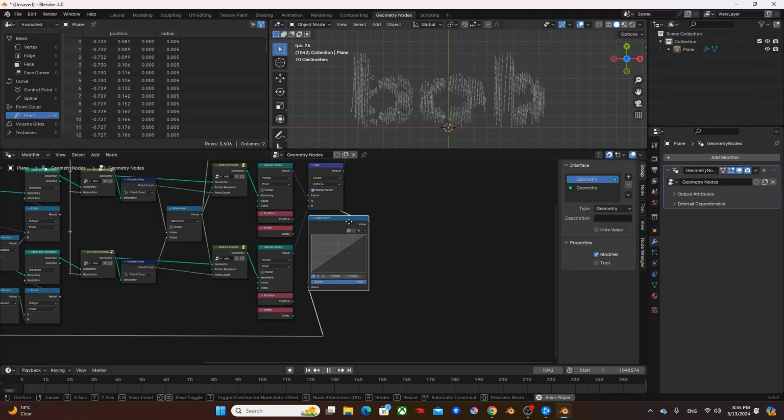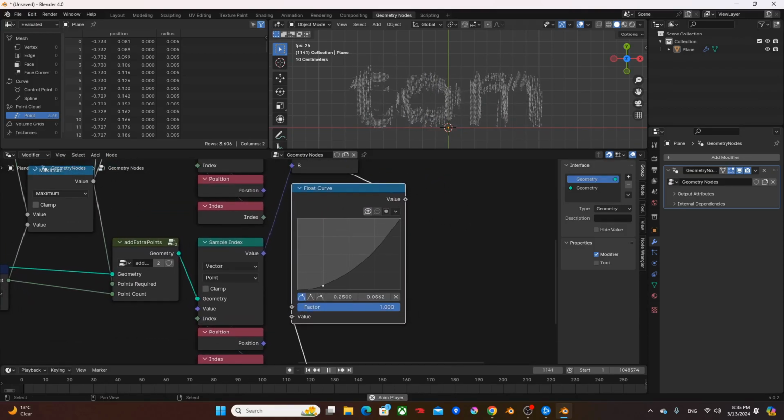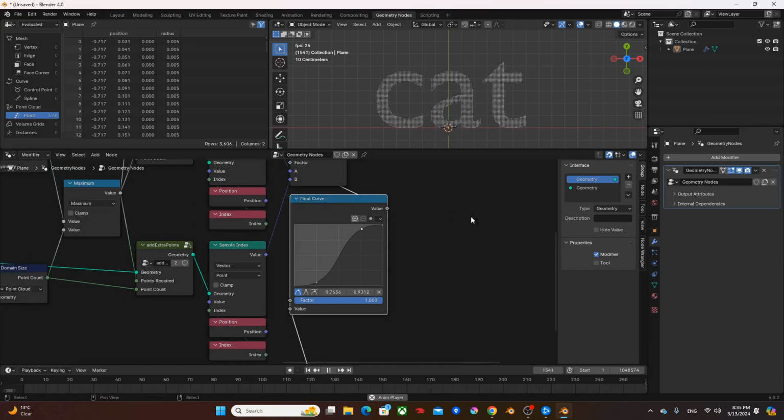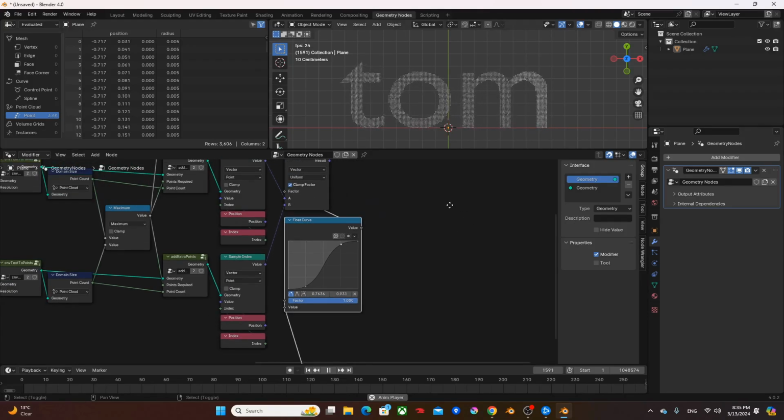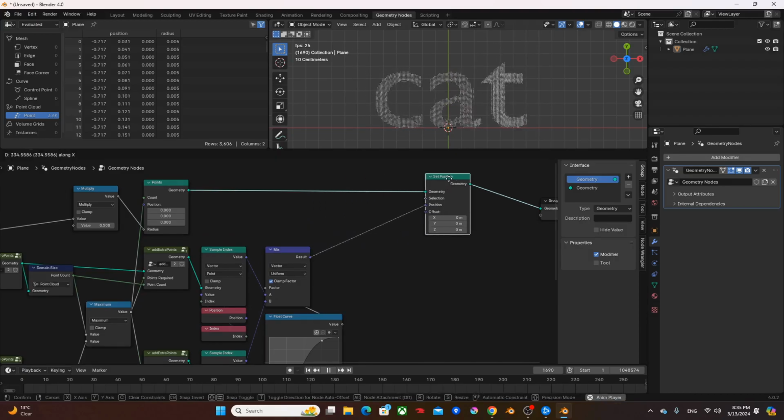Okay. And I'm gonna shape the float curve like this, so the text is more defined, right? So the transition is kind of faster, but text is more defined. It's going to take a little bit more time to display the text. Okay, cool. So we pretty much got the basics down,